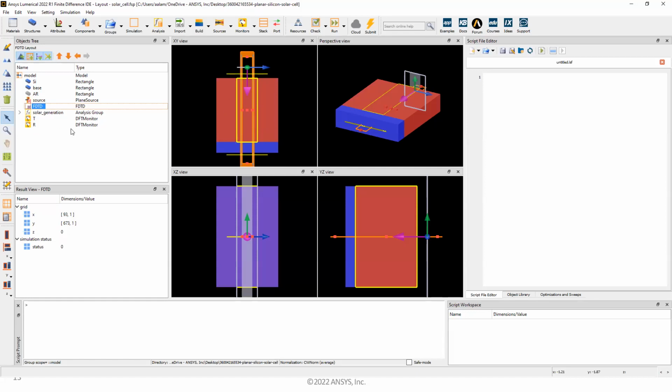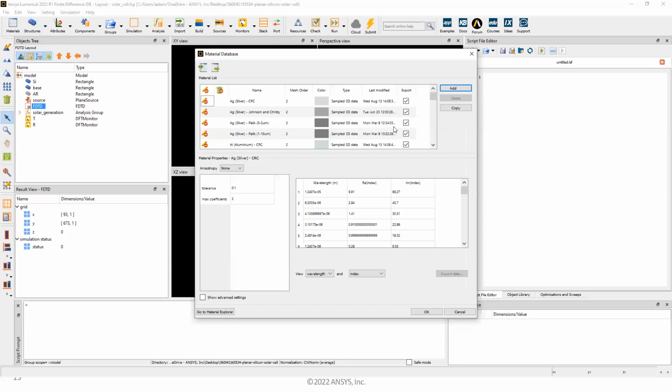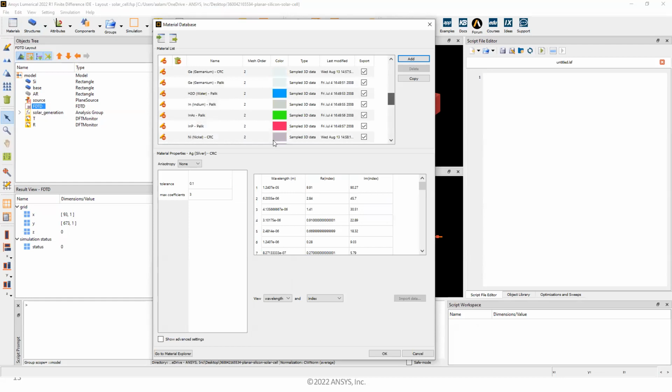But the way you make this geometry is from here. So on the top ribbon, you see all the simulation objects that you need to create your design. It starts with materials and structures, which are the starting points. If you go into materials, you'll see we have this material database, and it has all the different materials that you can possibly need. If anything is missing, there's an easy way to add new materials here as well. We won't go into that. But this is the material database where you can see what are the materials that are available to you. And you can see we have silicon here, which is what we are using for our solar cells.